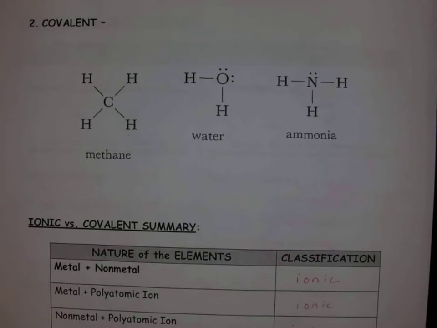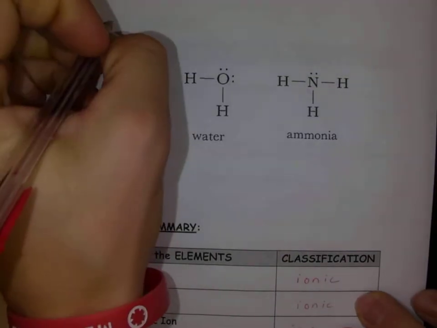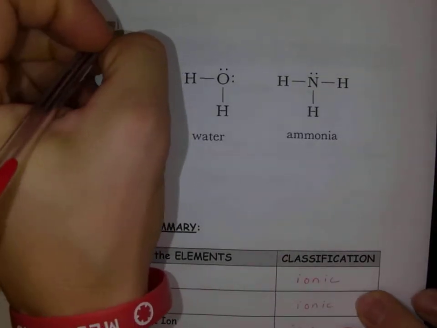All right, so now that we've learned a fair bit about our ionic compounds, now we're going to move over to our covalent compounds, our second type of compounds that we generally talk about. All right, let's go back to our ionic. Ionic compounds, we said that one atom would be stealing the electron, one atom is giving it up. In our covalent compounds, one atom, or the atoms share